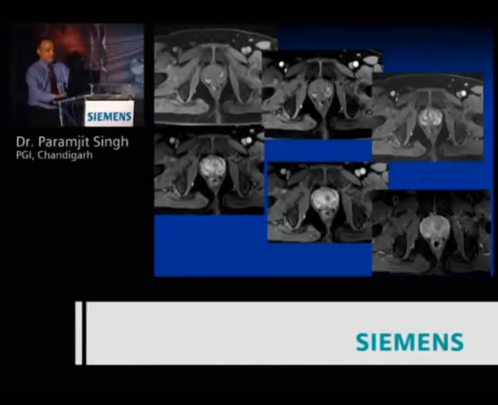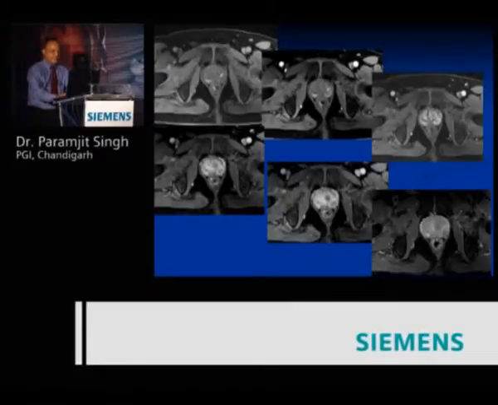Now we look here at this case, just like the previous case where we predicted on ADC. We did a perfusion in this patient, and what we find here is post-biopsy hemorrhages, which are seen on pre-contrast images. Then very quickly this area in the peripheral zone starts taking up contrast, and then the central gland comes up with a lot of contrast, and the peripheral zone also gradually starts becoming concentrated,